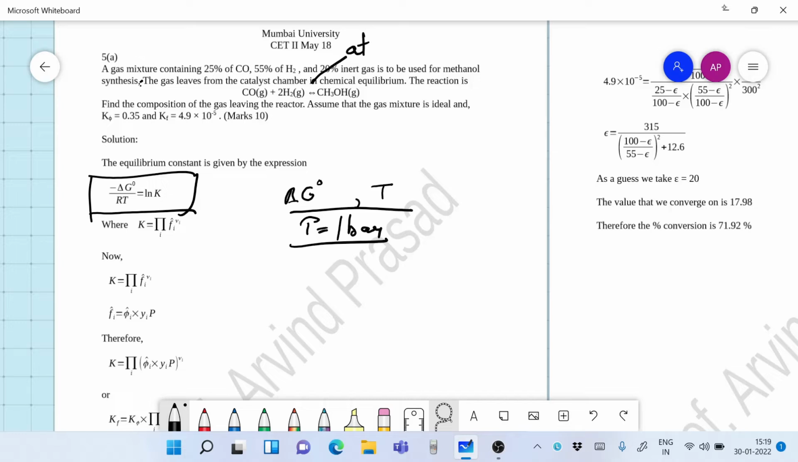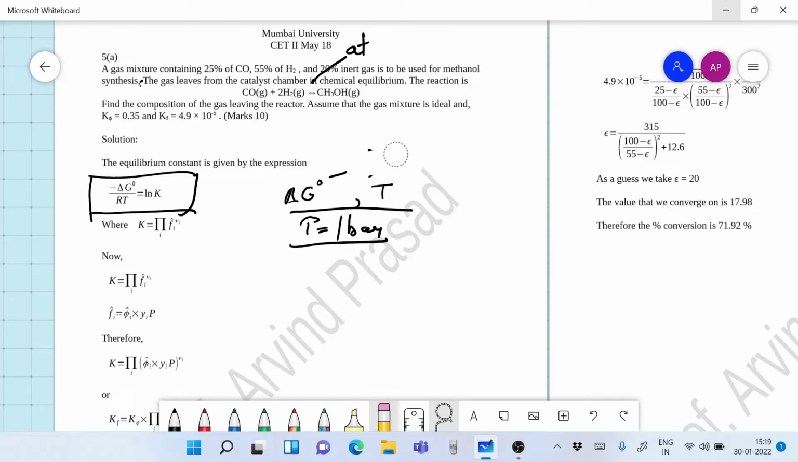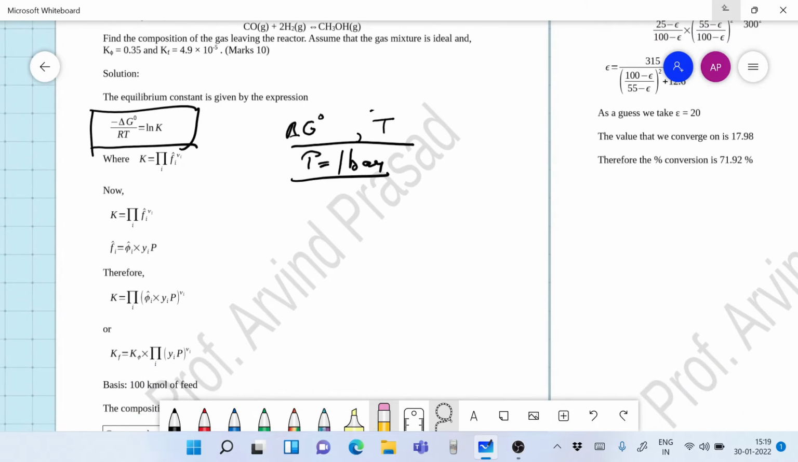Many people assume that this 0 means 298 Kelvin. Wrong. Sorry, you're absolutely wrong. This 0 indicates that the reaction is occurring at 1 bar, but the temperature T, whatever the temperature might be for the reaction. Now, we can write K is equal to the product over all I components of Fi cap,